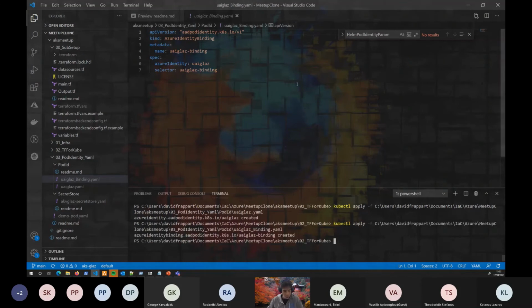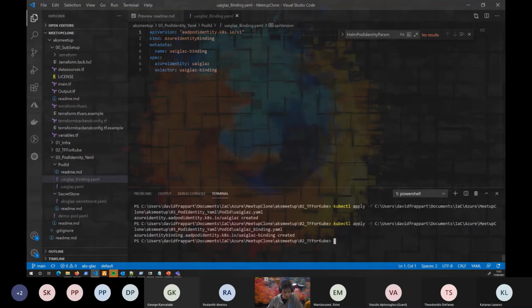Okay, now I have two objects in my CRD, which are the ones that I need. Then I will create a pod, but this pod I want to be able to talk to Key Vault. As you may know, in Kubernetes, unfortunately or fortunately, depending on how you see things, everything is loosely coupled, and by default, I have no means to interact with a key vault without an additional object, which is in this case the secret store using the container storage interface.